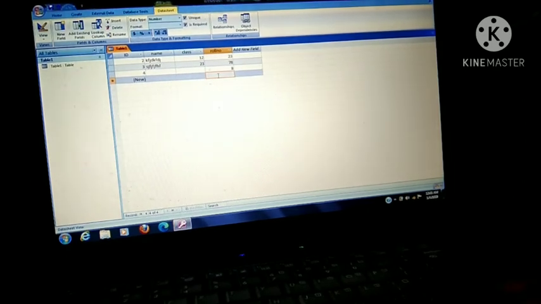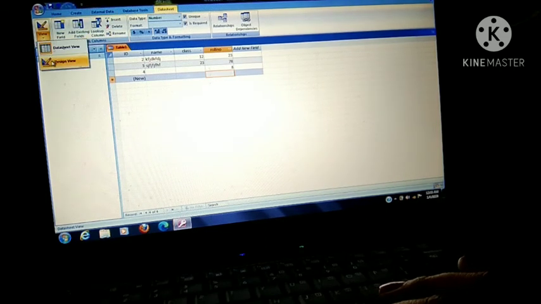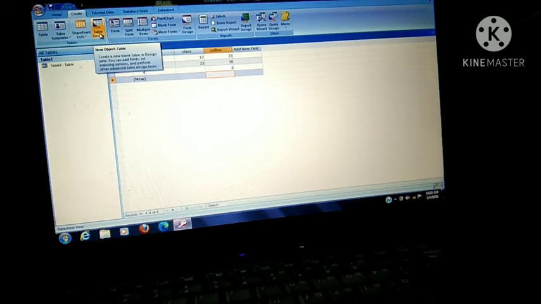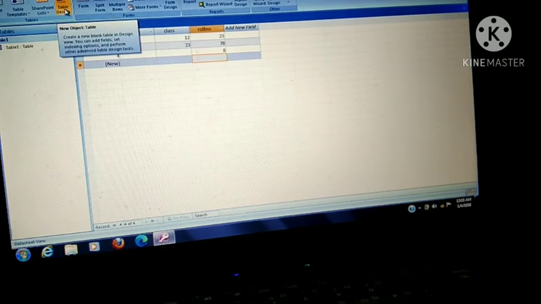Now no problem. So in this manner we are creating the table in datasheet view. In design view, how can we do it? First you have to switch to design view. From views here, you will select design view. Otherwise, if you want to create a table in design view, click on the Create tab. In the tables group it is written Table Design, and you will see it is visible now.